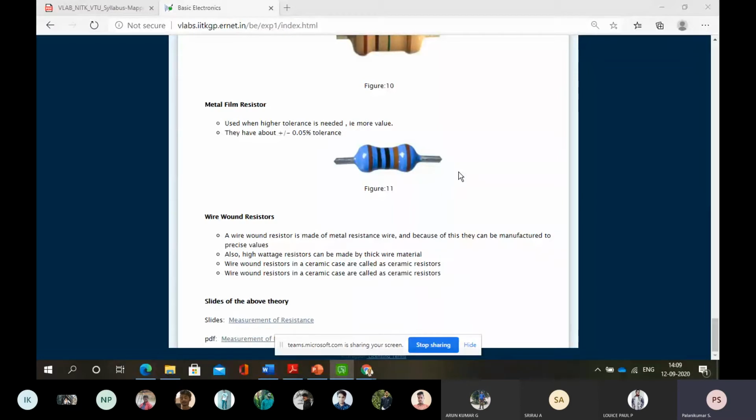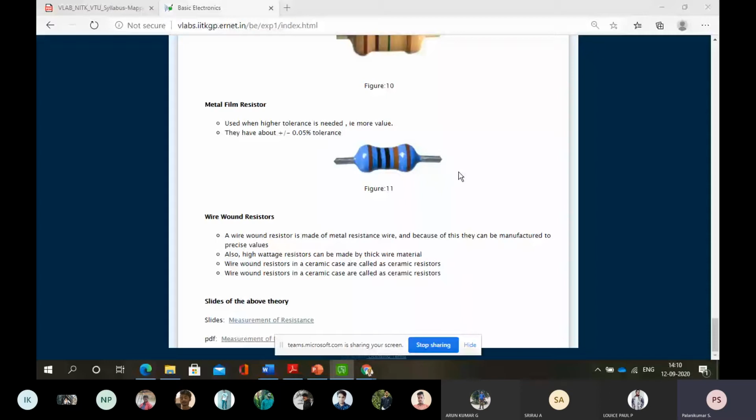Moreover, in existing circuits, suppose you have to analyze at a later stage, after 4 years of completing your degree, if you join any industry as a troubleshooting engineer, especially a service engineer, you may not be given discrete components. You will be given an already printed circuit board in which components are stuffed and soldered. There you have to identify which component is faulty and what the problem in the circuit is, so that you can replace it. You cannot even take the resistor in hand. So in that case, using the color code is very important.